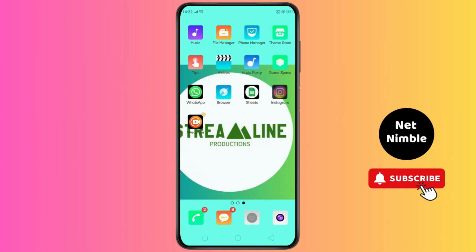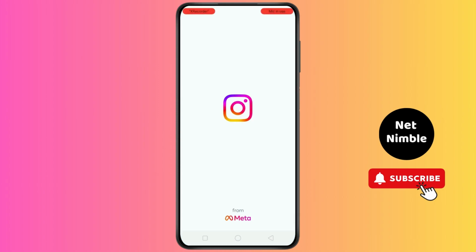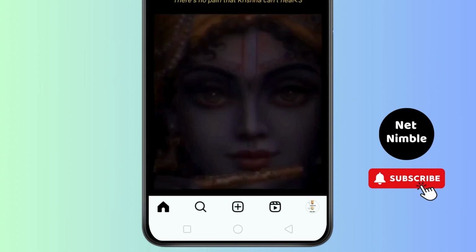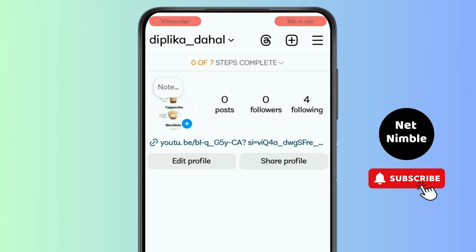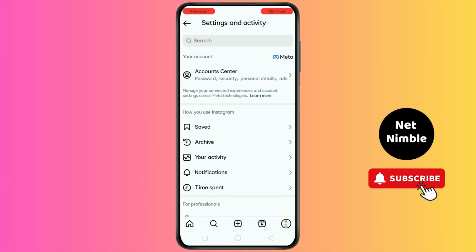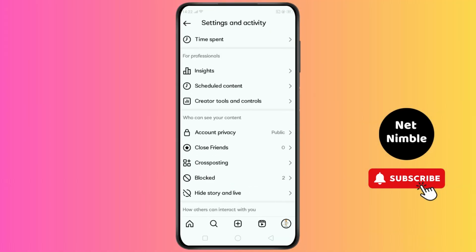Make sure that you have installed the latest version of Instagram on your device. If you have already done so, then you can simply open your Instagram app. After opening the Instagram app on your device, on the down right section, you will see there is a profile. Just tap on it. On the top right side, you will see there are 3 vertical lines. Again, tap on it. And now, when you scroll down and down, you can see there is the option of